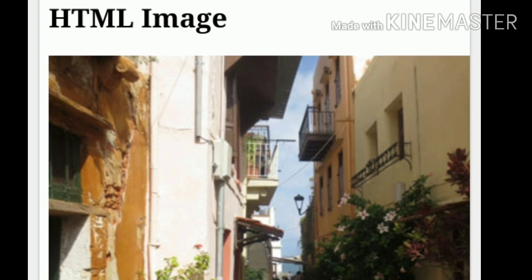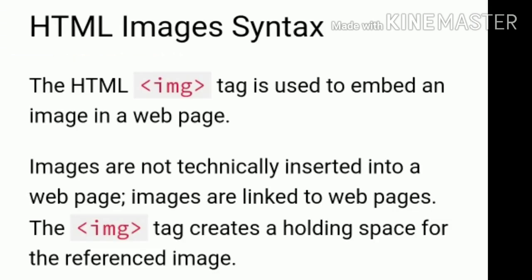Images are technically not inserted into a web page; images are linked to web pages. The image tag creates a holding space for the referenced image. The image tag is empty. It contains attributes only and does not have a closing tag.